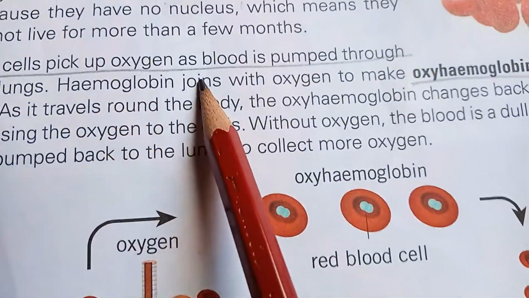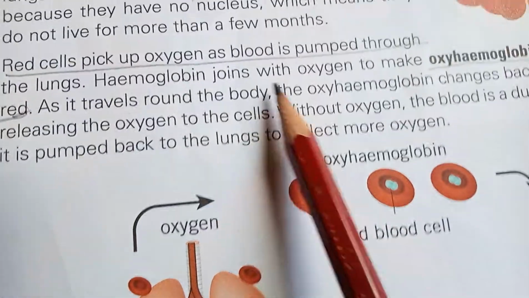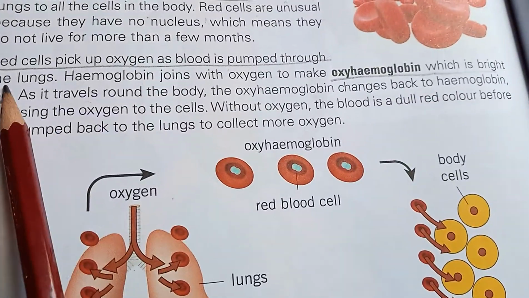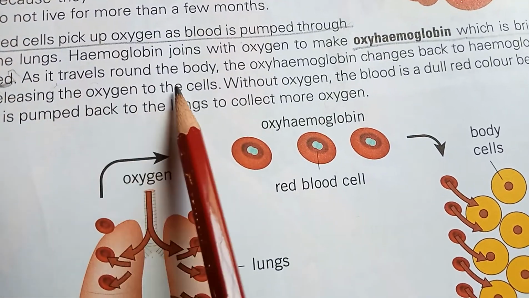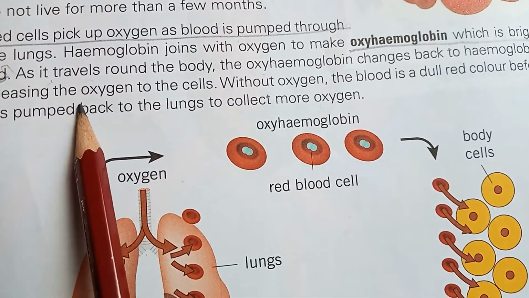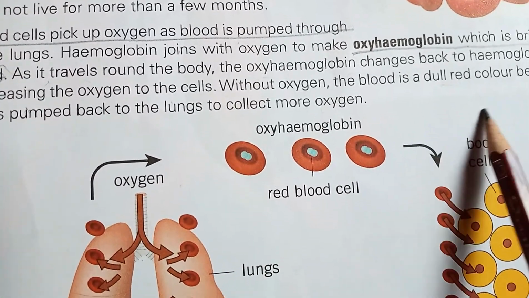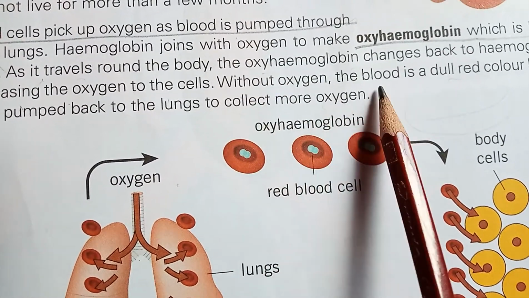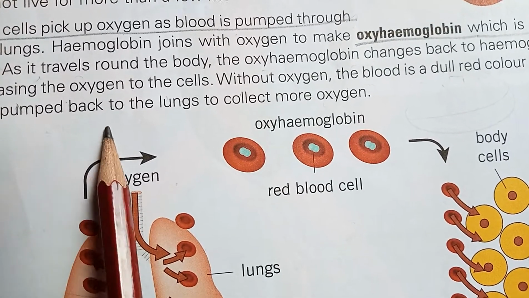Red cells pick up oxygen as blood is pumped through the lungs. Hemoglobin joins with oxygen to make oxyhemoglobin, which is the brighter red color. As it travels around the body, the oxyhemoglobin changes back to hemoglobin, releasing the oxygen to the cells. When the oxygen is released to the cells and after passing through the body, it again changes into only hemoglobin. Without oxygen, the blood is a dull red color before it is pumped back to the lungs